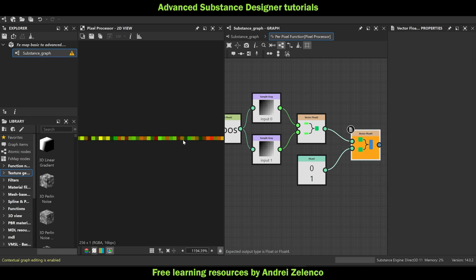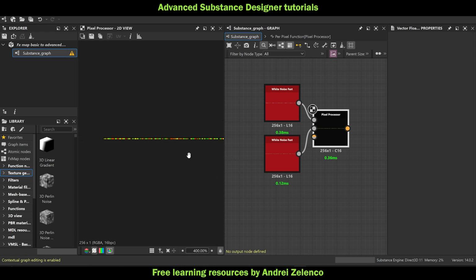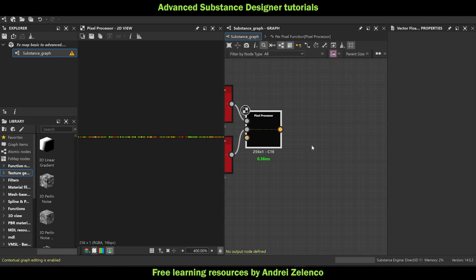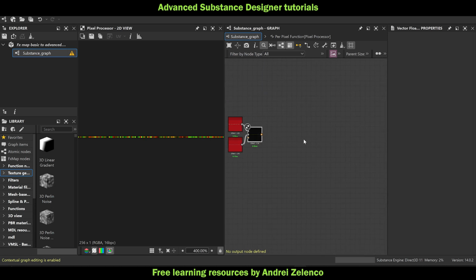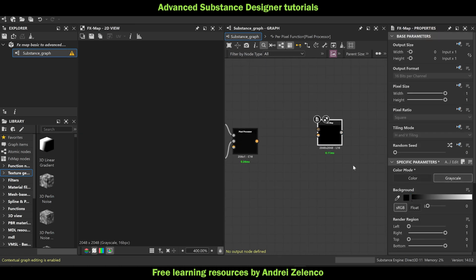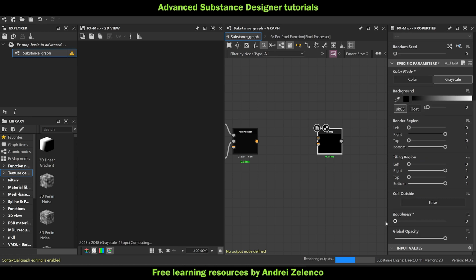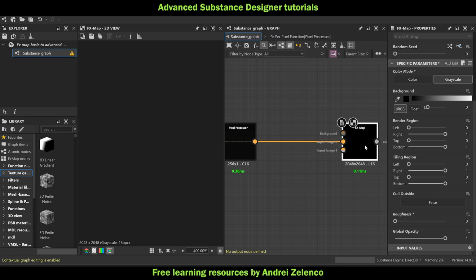So you see these random fluctuations, those random pixels of red and green. These are 2D points. And now good, let's actually plot these points and see how they look. Definitely they're going to look like a 2D cloud of points that are just sitting randomly there. So FX map, right? Make it grayscale, go and make the roughness 0, plug this list of position inside,